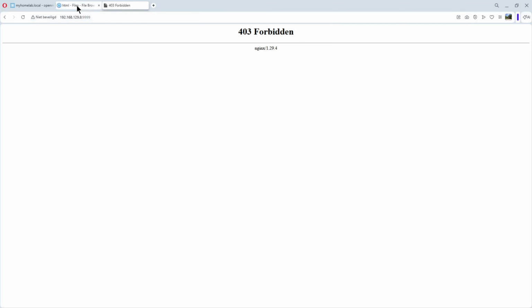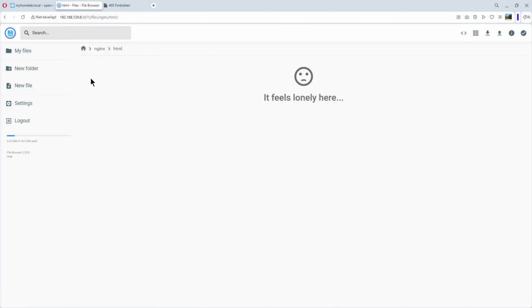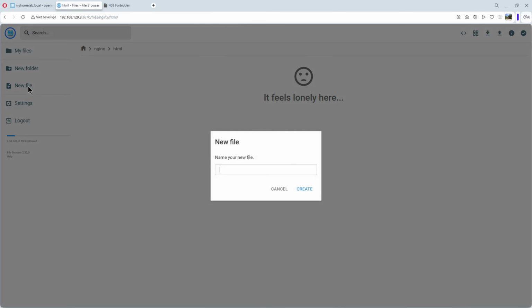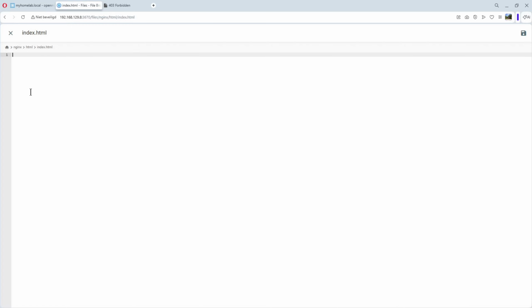We go back to our file browser. Inside Nginx HTML directories, we click on new file. We give it a name, index.html. Index is important because Nginx searches for this first page. We create it, and voila. We can edit the file. I have prepared a very simple